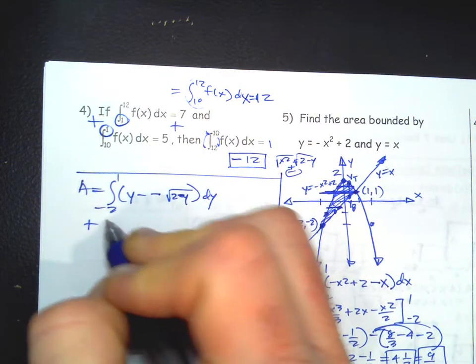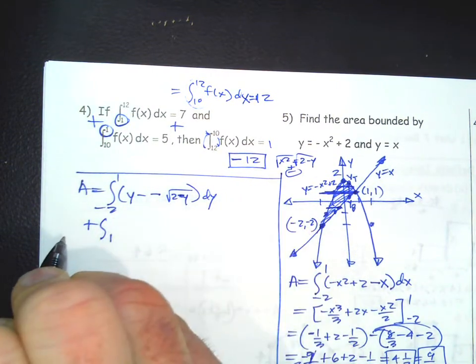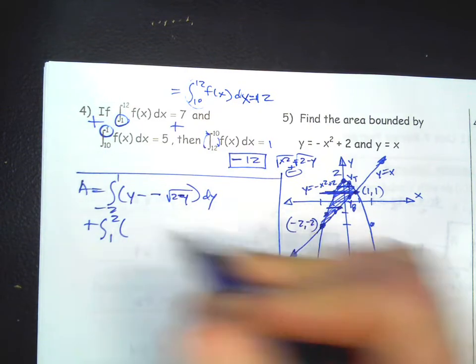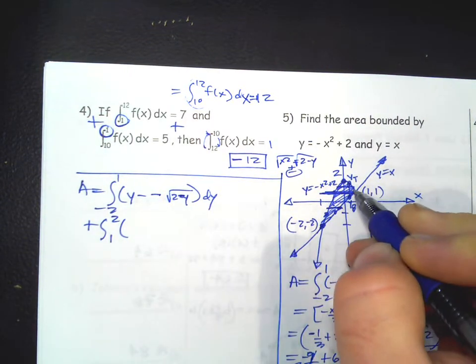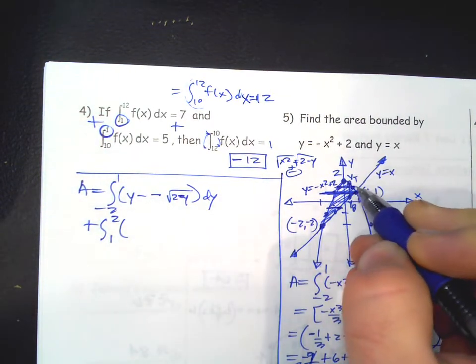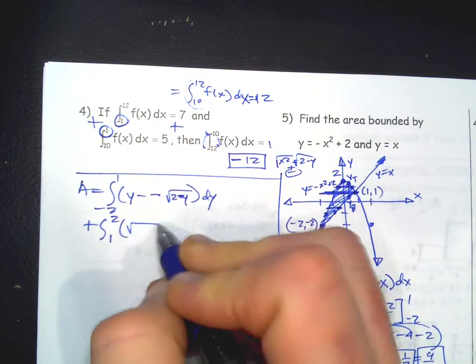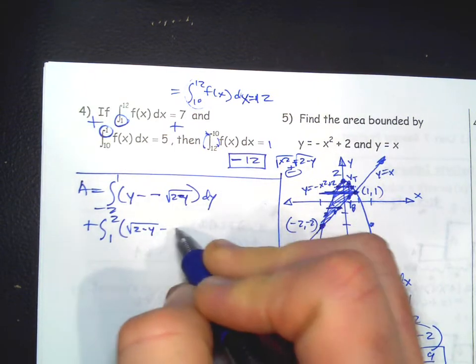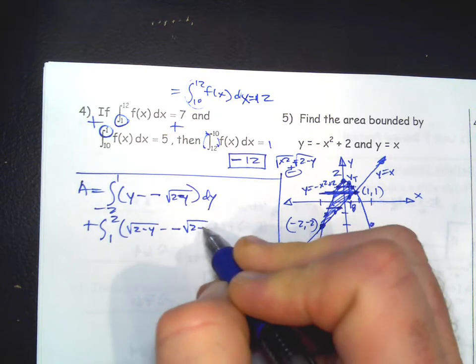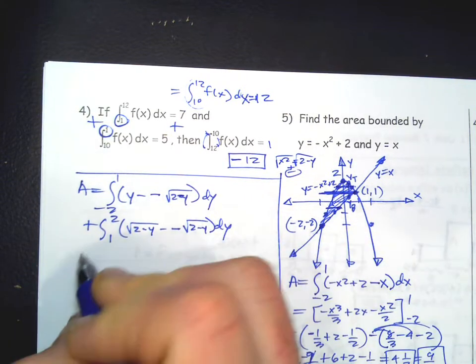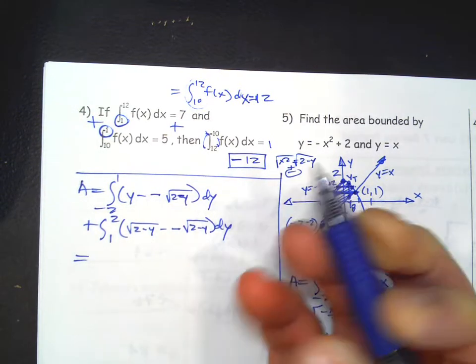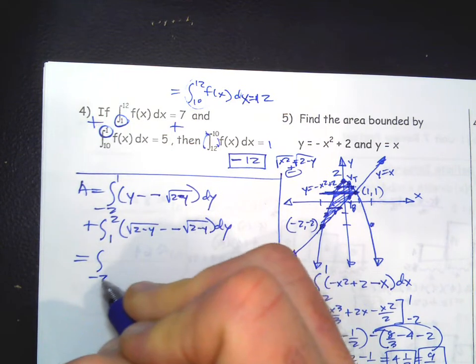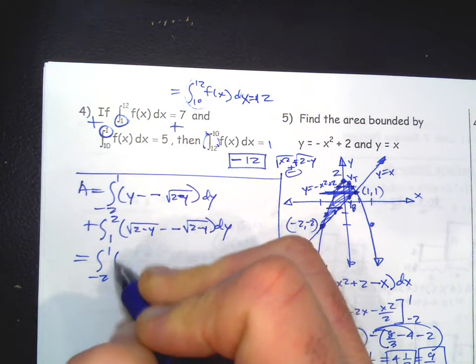And then you would do 1 to 2 in the y direction. And it would be x right minus x left. They're both sides of the parabola. The right side is the positive square root of 2 minus y. The left side is the negative square root of 2 minus y. So that's the setup. I don't know if I really want to keep going, but